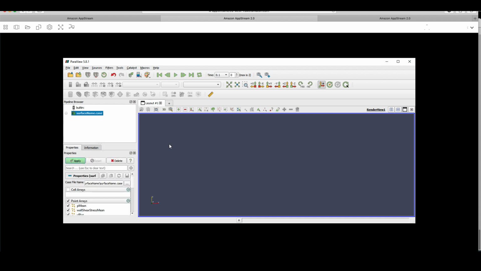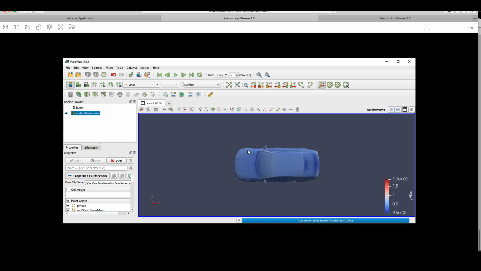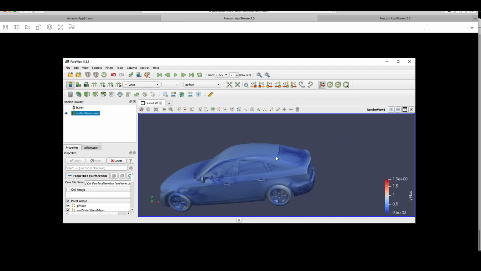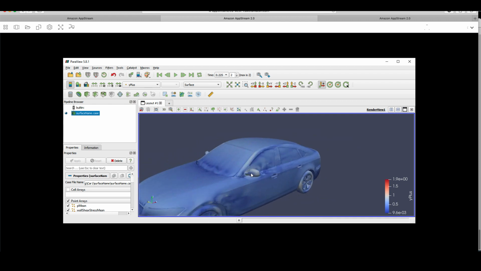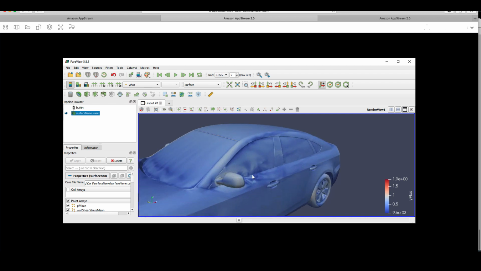This will just take a moment to load in, and then we can have a look at the car post-processing. Okay, so we can see we've got some initial solution. And now look, I can just spin around this model. It's actually very responsive to move around. This is obviously just a demonstration case and it's not the full solution, but hopefully you can see